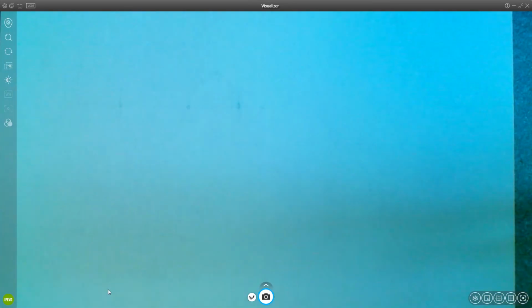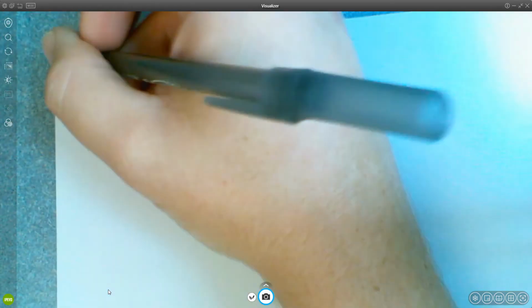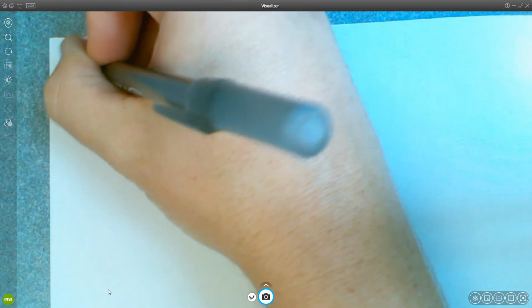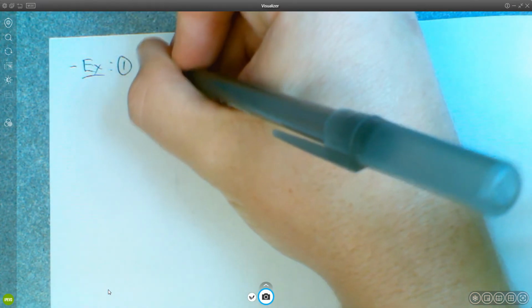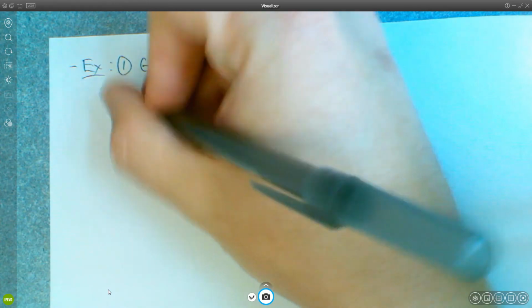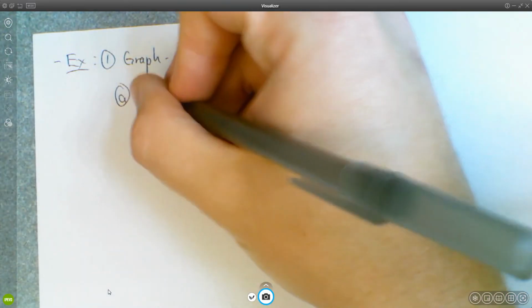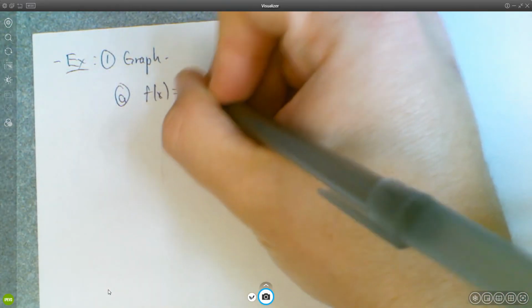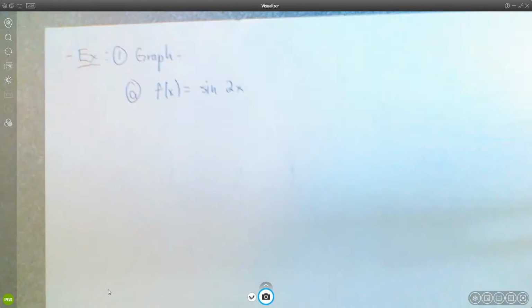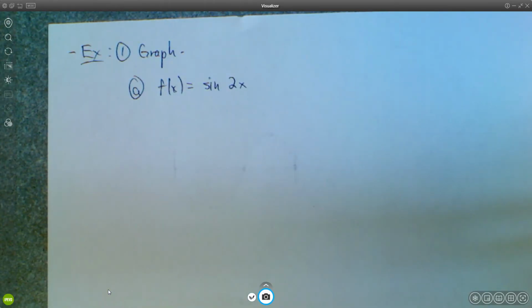So let me give you some examples now, so you can see what it is I'm talking about. So we're going to graph a few things. Let's graph f of x equals sine of 2x. So first of all, to find the